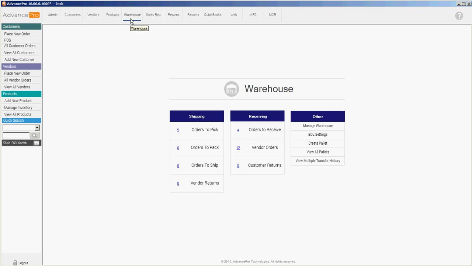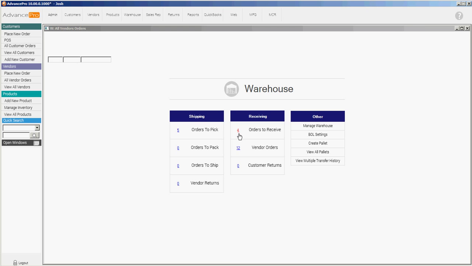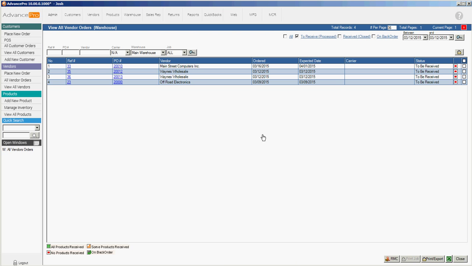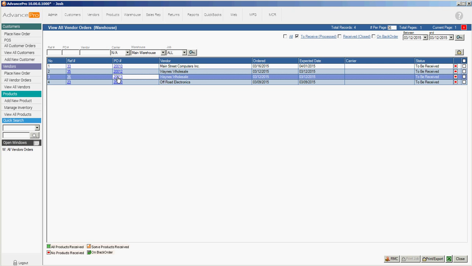To access the warehouse, we'll click on the Warehouse button here at the top of the screen, and we'll click on the 4, indicating that there's 4 orders to receive. Here we'll open up the order that we've just placed,